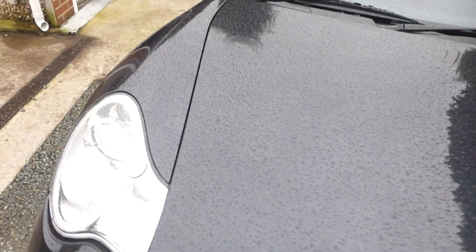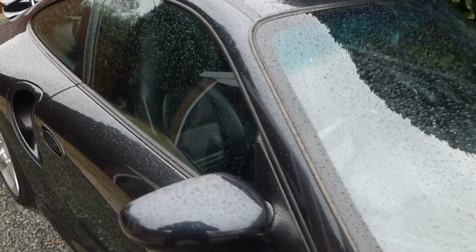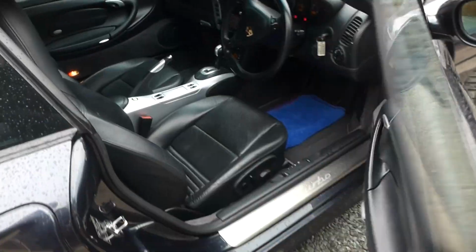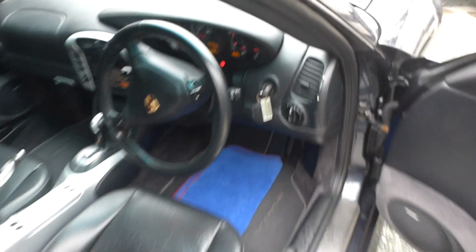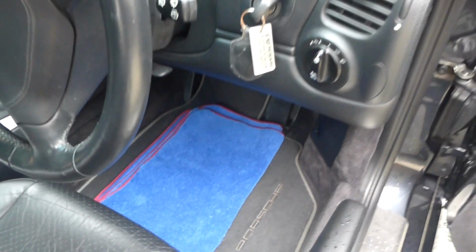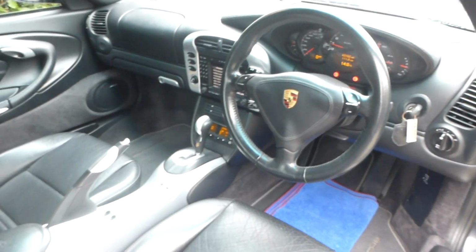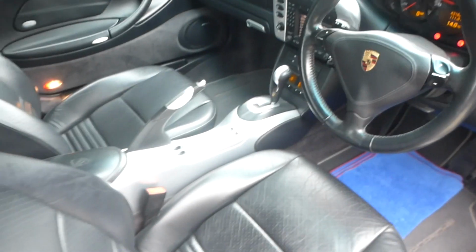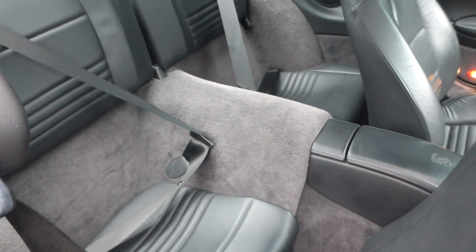It does have a sunroof, which we have got open, or tilted, in one of the photographs, and inside the car you would think it was about 10 years younger. I'll just straighten the steering wheel. So obviously automatic, a lovely place to be. Very special car indeed. Back seats have hardly been used, in fact probably only on a few occasions have they